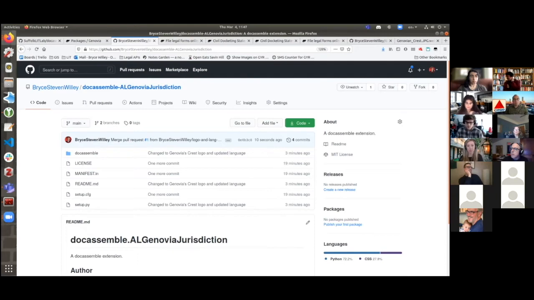Bryce, do you want to explain just a little bit, how do you decide what's the difference between a branch and a commit, and how do you decide when to make a new branch and when it's ready to merge? Those are all very good questions,